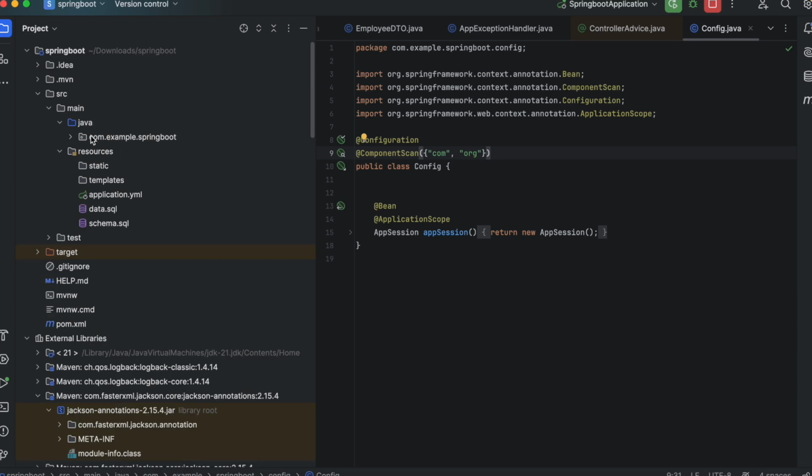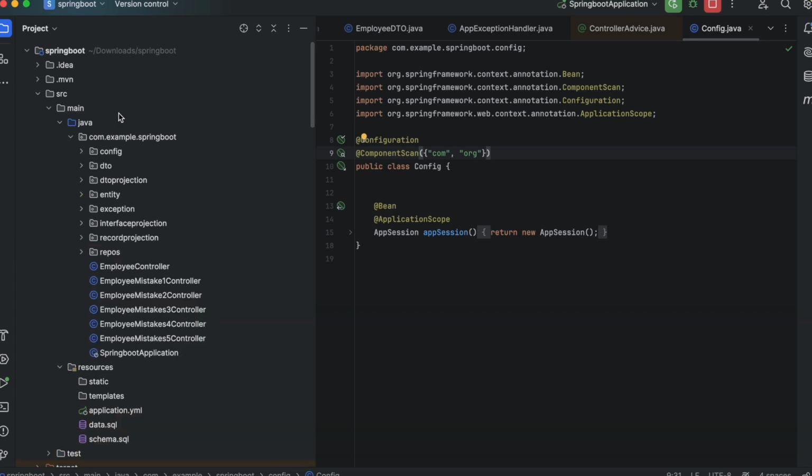So if we wanted to scan, let's say, everything that is in our project here, we would rather say awk.example.springboot. We'll rather do this. So we have been specific. This will only come to our own project. If we have other